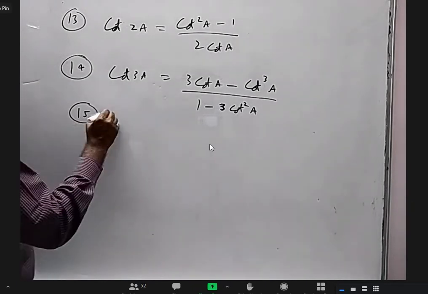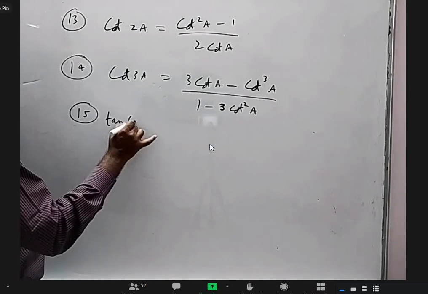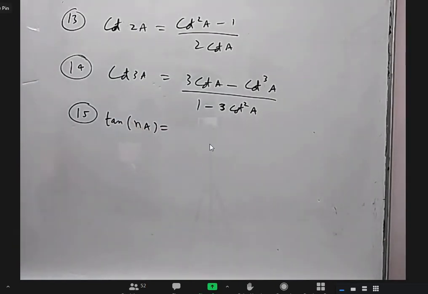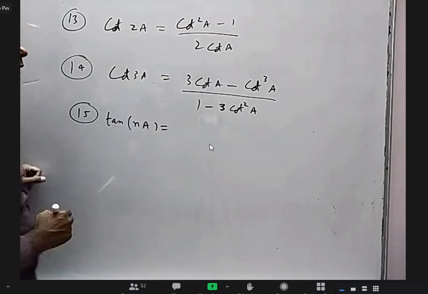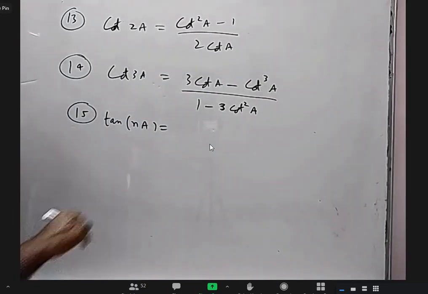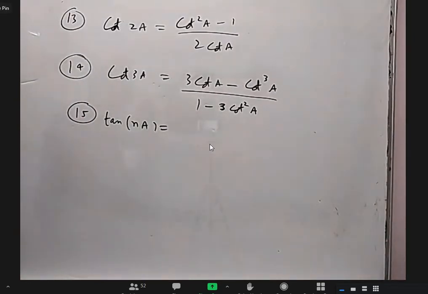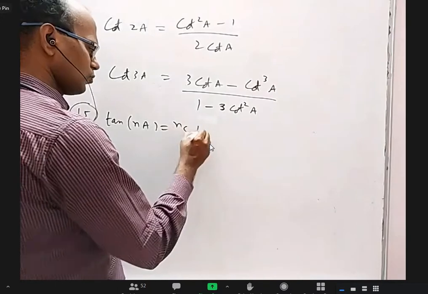And tan nA, I want to state one formula. We may not use it in first year so much, we may use it in second year. But in complex numbers, we use complex numbers to derive this. If you want tan 3A, 4A, 5A, 6A, 10A, anything, even 100A, we can do it. It is nC1 tan A